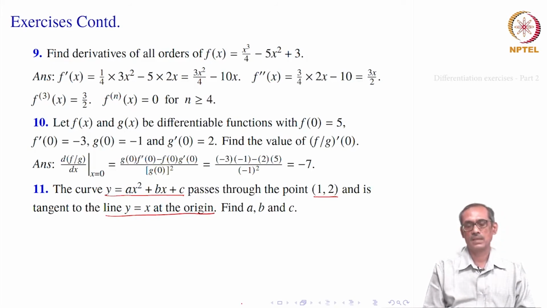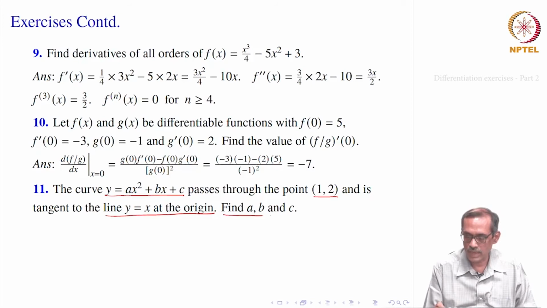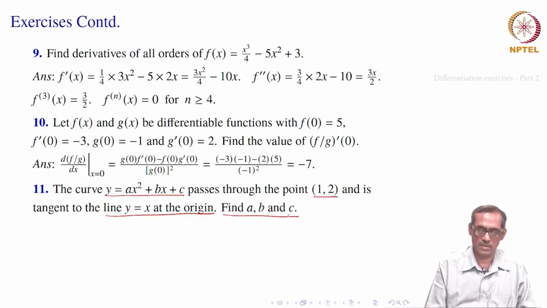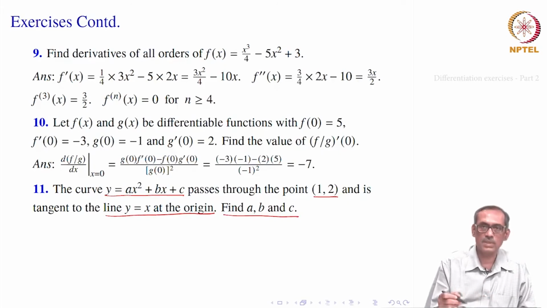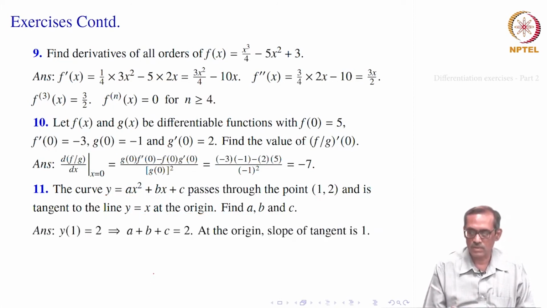So, it is a parabola, y equal to x becomes the tangent at the origin to the curve. So, that means the origin is also a point on the curve, right. We want to find out a, b and c, that is what is being asked. So, for which curve will this happen? It will pass through 1, 2, and be tangent to y equal to x at 0, 0. So, first thing is let us find out its values. It is given that 1, 2 is a point.